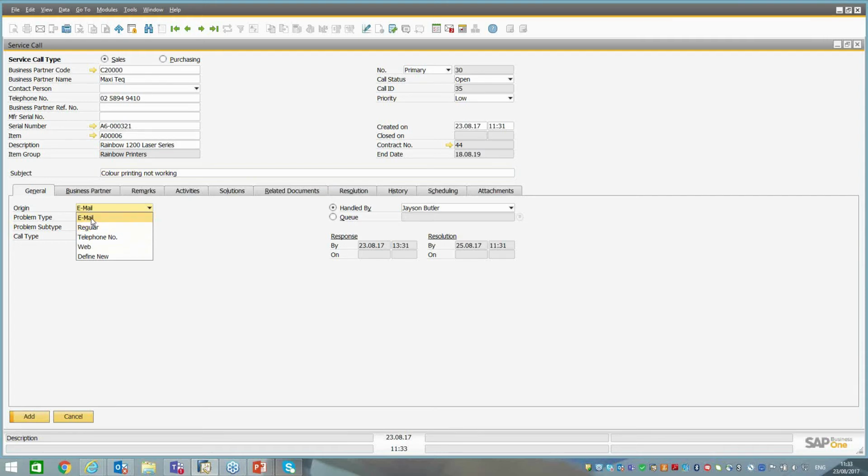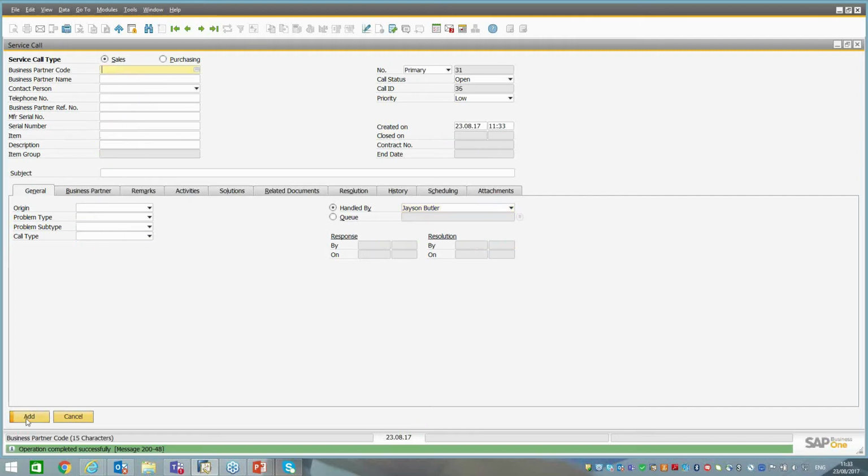And let's say it came through our email, and let's say it's a mechanical issue to do with toner, and it's possibly a user issue. So that's what I've set up for now. I can see that the person who's handling the call has been assigned. And if I just add this away,